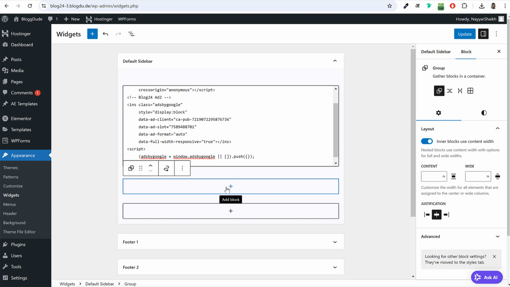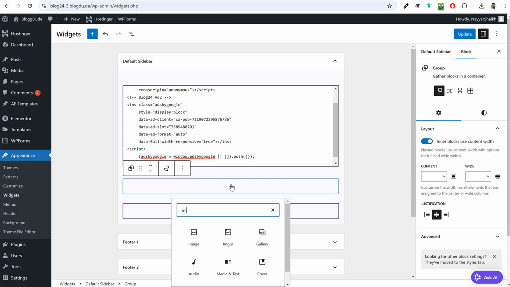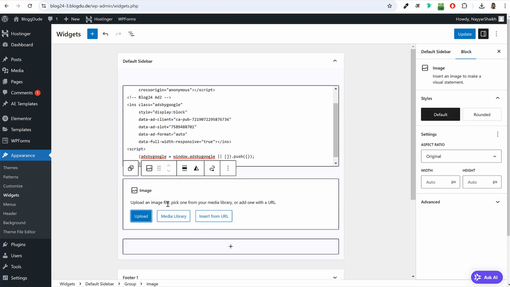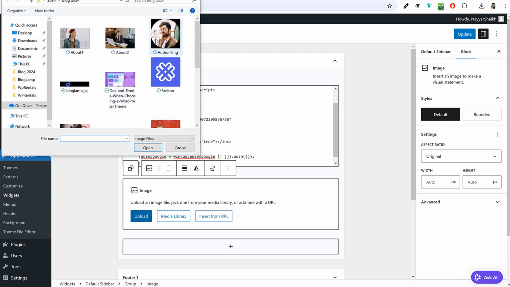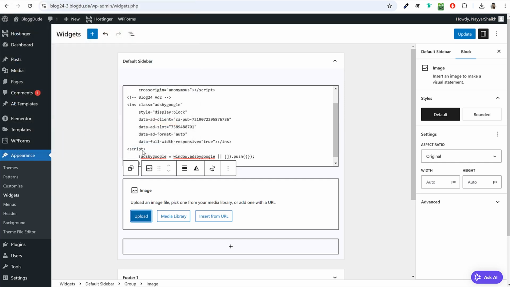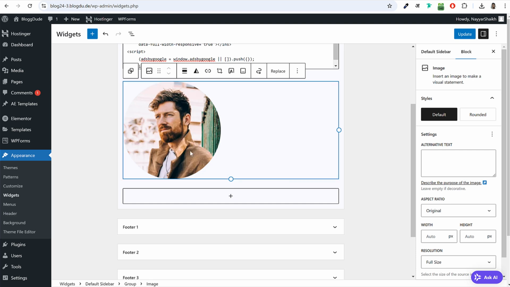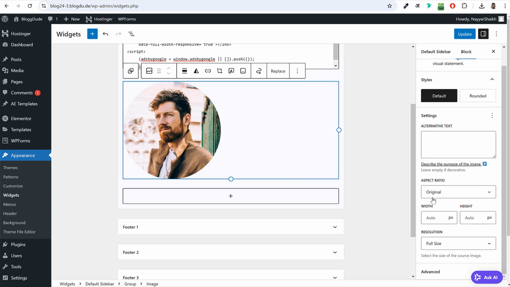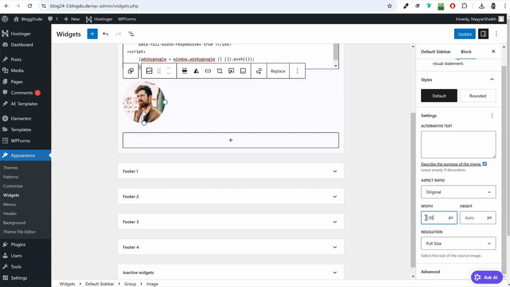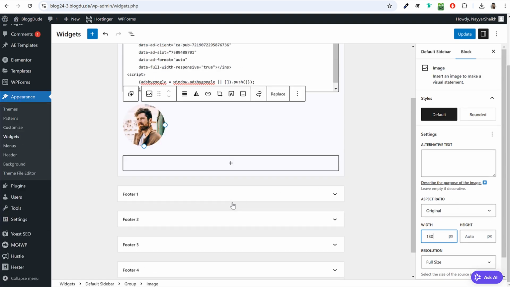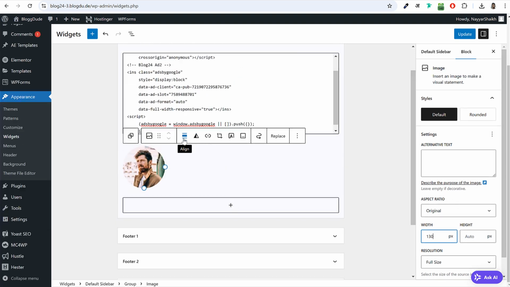Inside this first we have the image. So I'll click on this plus button, search for image, and I'll upload my image. Okay, this is the author image. I'll upload it. Click on open. You can resize it if you want. So if you click on this image, at the right hand side, you see settings related to that. So under width, I'll type in 130 pixels, and I'll bring it in center. So alignment here, as you can see, if you follow my mouse cursor, alignment,